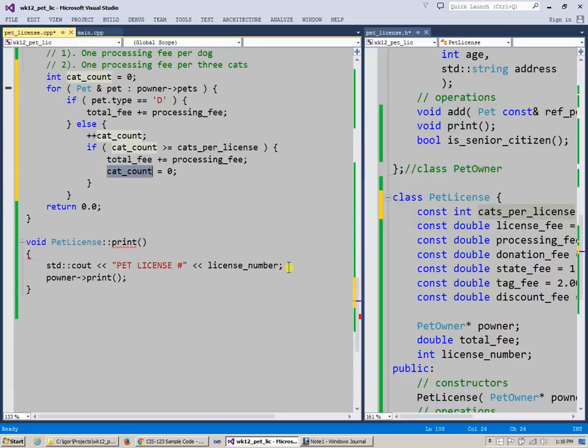So pet license number, print the owner, and then we say std cout. We can say total license fee charge, and we can print what we ended up with, and that would be total fee, which we have being able to compute. Something like that. So now we can print that, and hopefully I actually will make sure that I print new line,